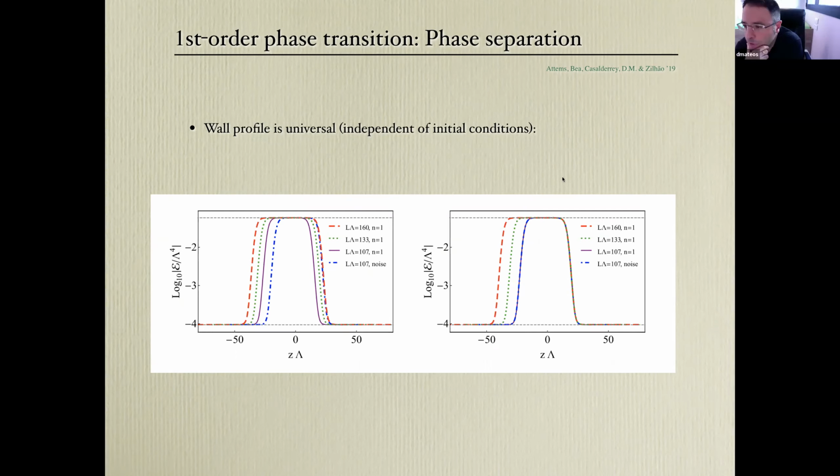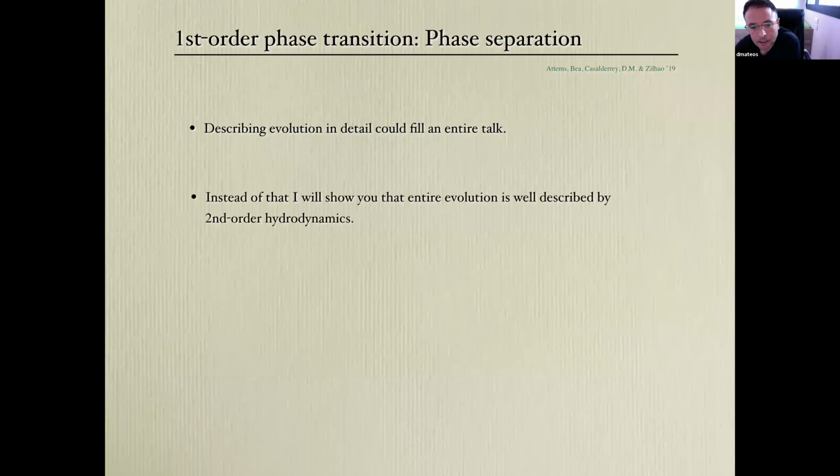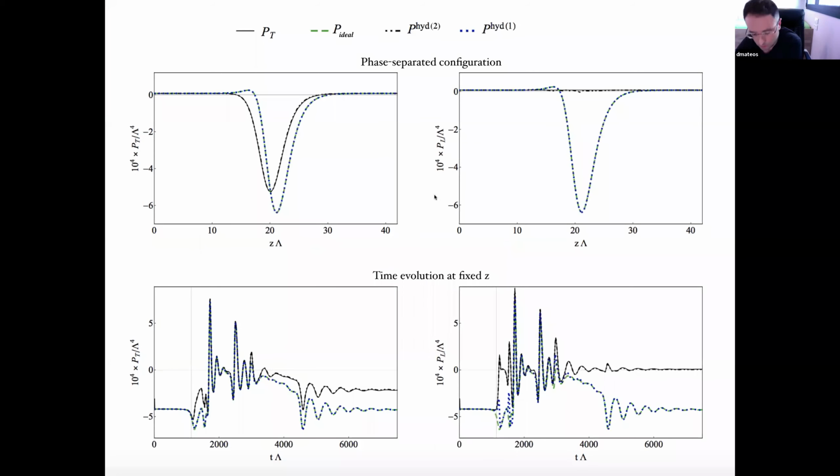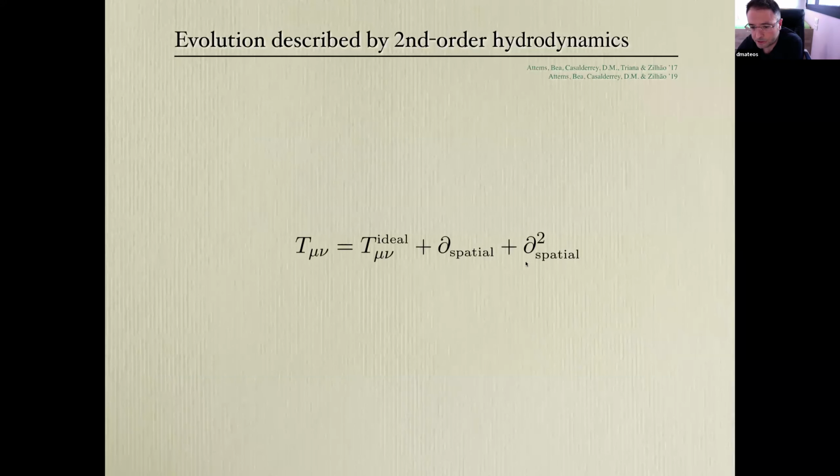No, the applicability of hydrodynamics... So actually, since you say this, let me show you why this is not so trivial as you think. So here, these gradients, in fact, in this description, you can easily check that the second order terms are as large, literally as large, as the ideal terms. So in that situation, if you think in usual terms in effective field theory, you would say this cannot work, because effective field theory will break down when my first gradient correction is as large as the ideal term. And that's not happening.